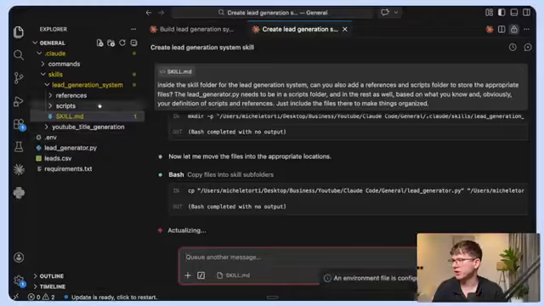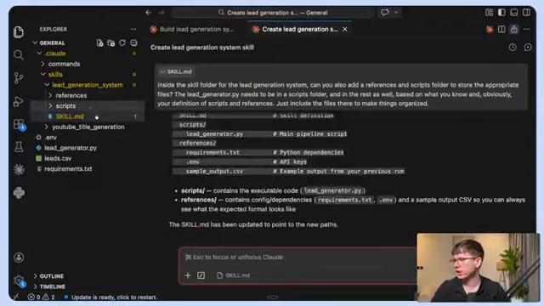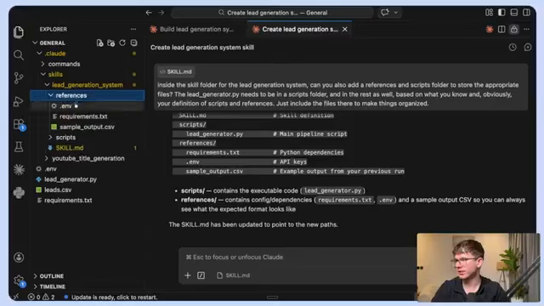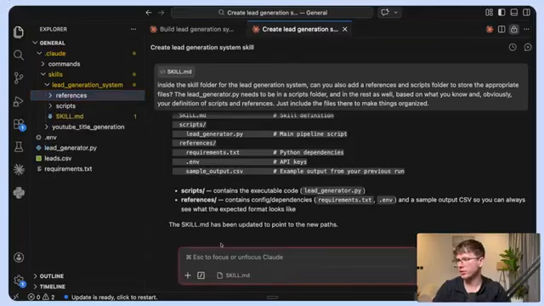As you can see, now it made two different folders, references and scripts. And inside scripts, we can see that we have the lead generation.py, and inside references, we can see that I have .env, requirements.txt, and sample output CSV, which is great. One thing I want to do though is delete these ones. So I can say,